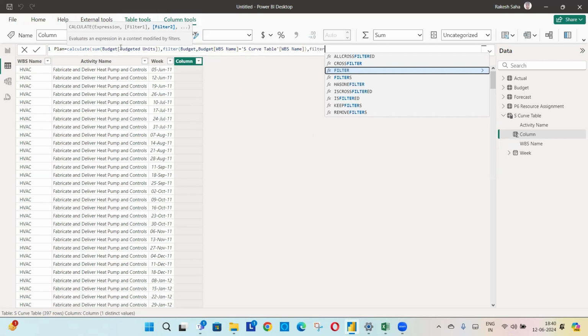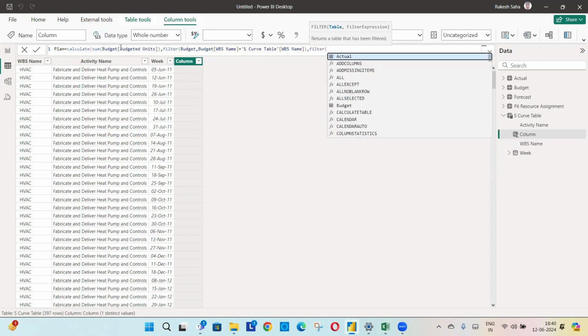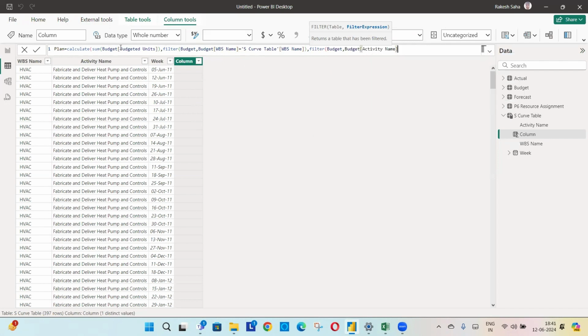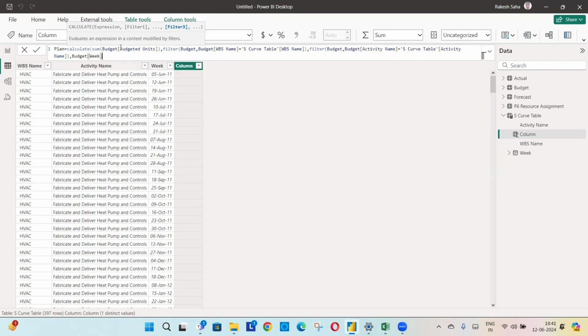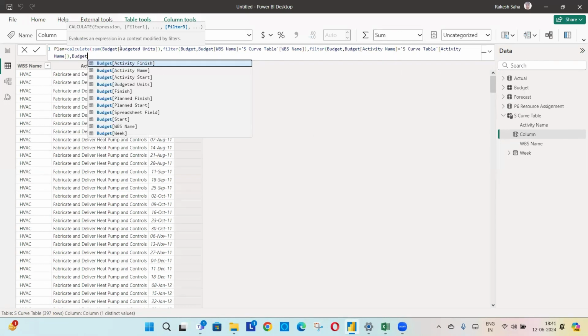Then another filter, budget activity name should be equal to the activity name of the S-curve table, and week,